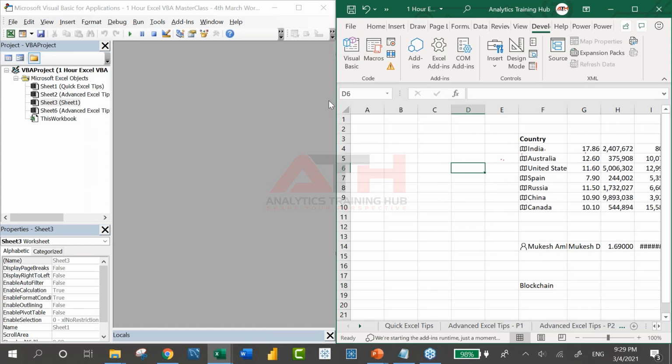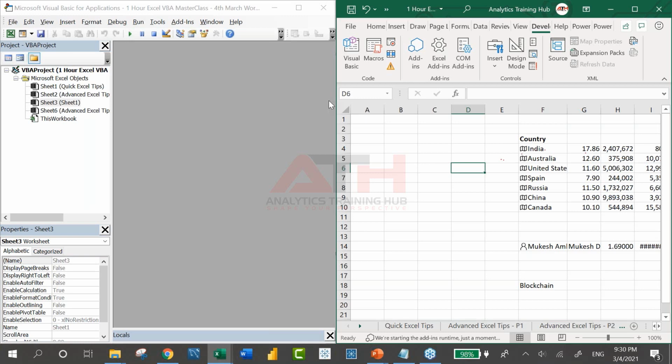Same computer. Which website or source is best to learn these kinds of Excel hacks? It depends. If you have a lot of time, you can definitely go and search it on YouTube. Otherwise, you should definitely get trained under someone's guidance, because nowadays these skills have become mandatory for every corporate, every job profile you go, irrespective of whether you are in a junior profile or a senior profile.